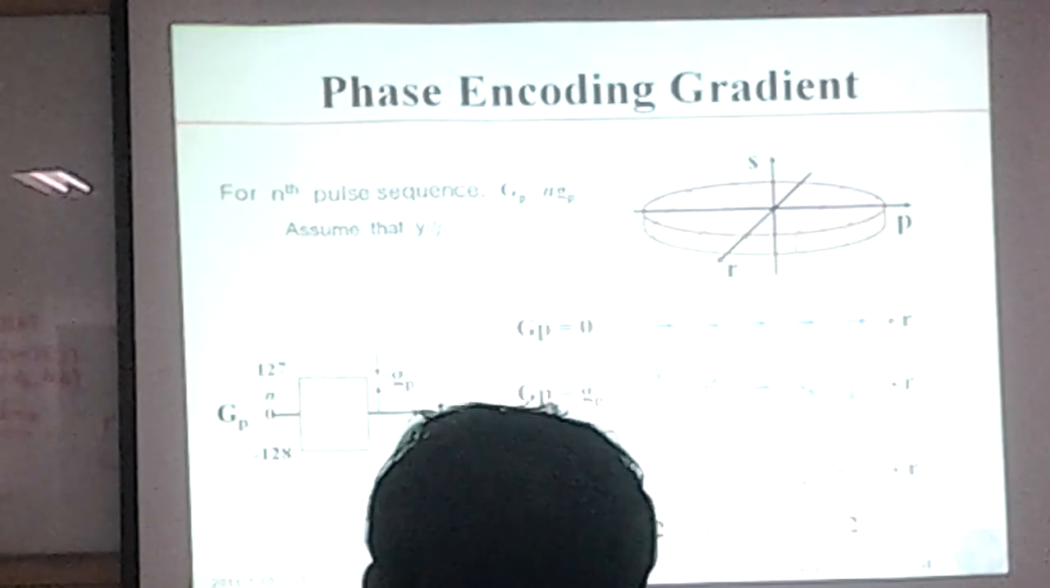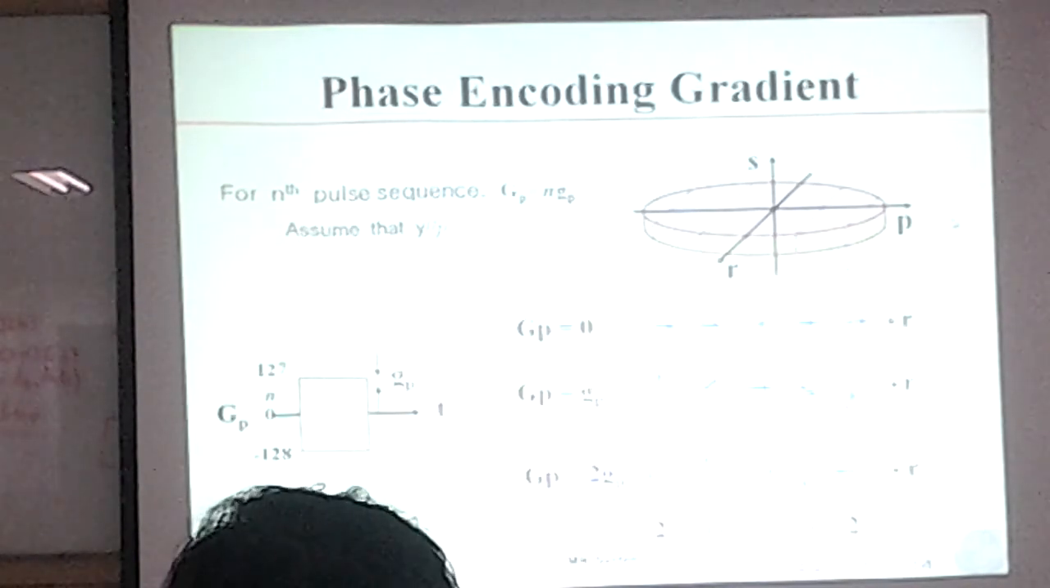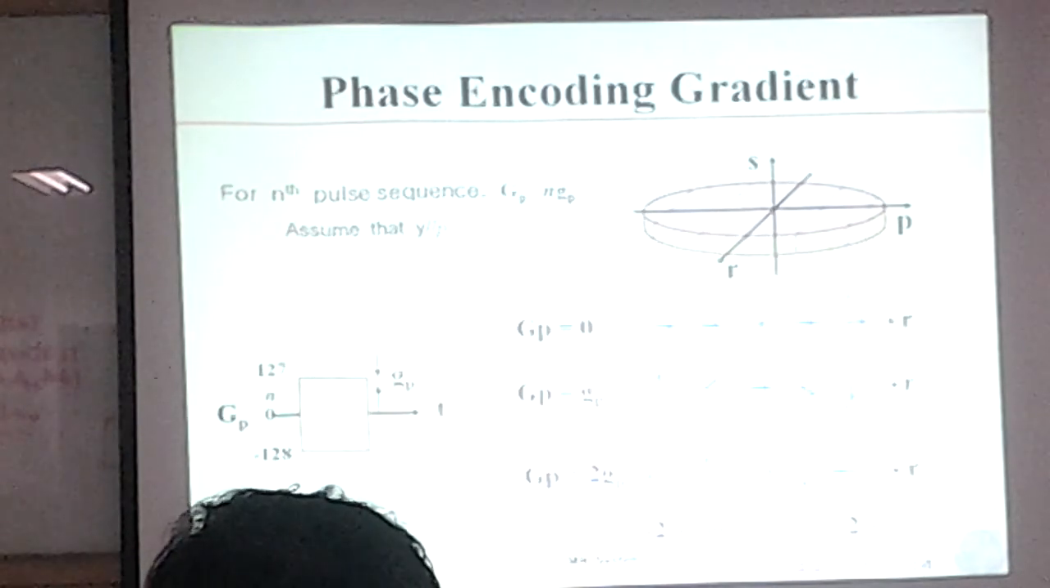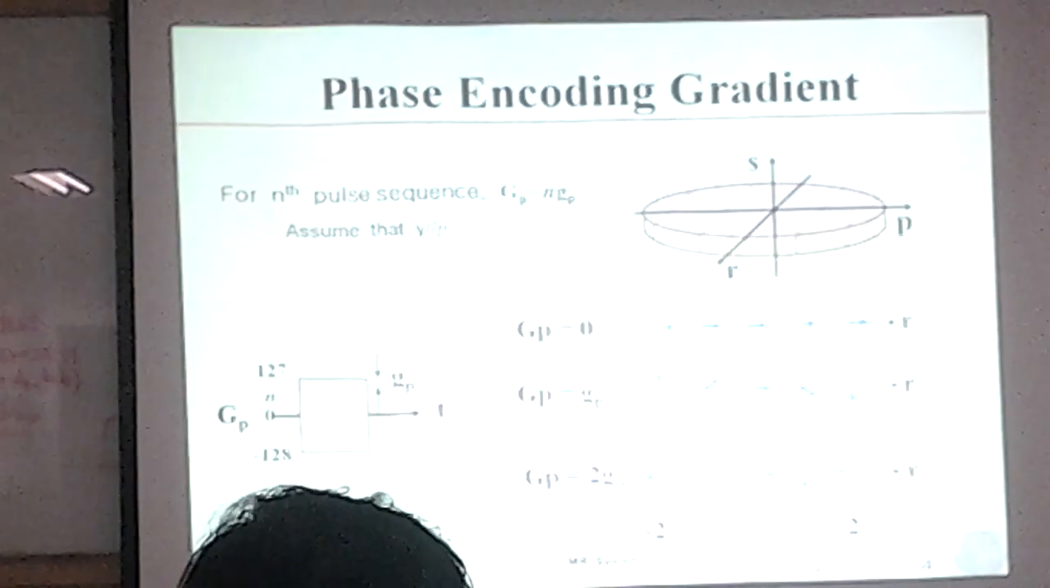So, let's assume that we would like to encode the space information along the axis P. The P axis can be replaced by X or Y or Z according to the slice orientation. And when you apply the phase encoding gradient like this, then the spins, the speed of rotation, the precession of spins are